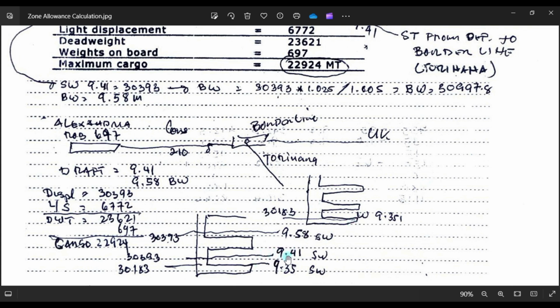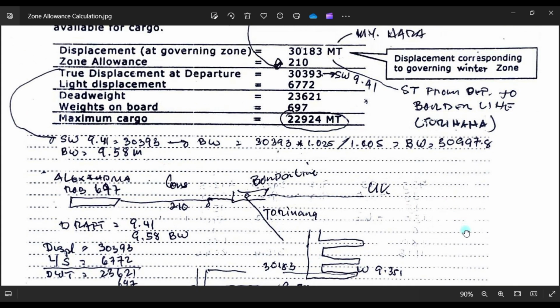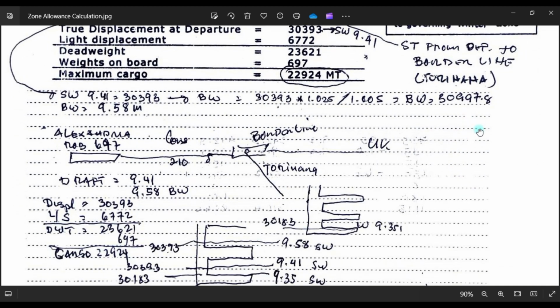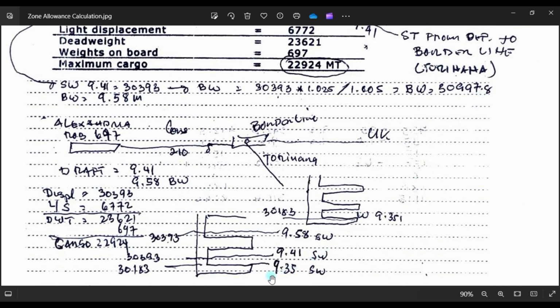This will be the salt water of this corresponding drop of 30393. This is 9.4. Okay, and 9.35, this is the winter drop, which is this one.